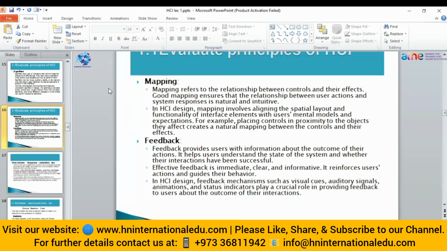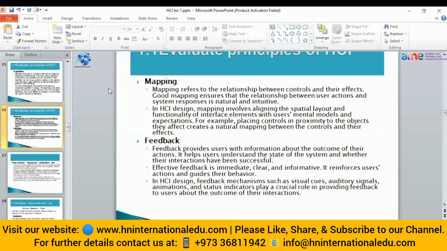For example, whenever you want to take a picture, there is an option of a camera there. If you want to call someone, there is an icon of a phone in your mobile interface. Those are the signifiers. Then mapping means all the related things are on the same page, just like the cut, copy, and paste at the same area in PowerPoint. Then the last one was the feedback.